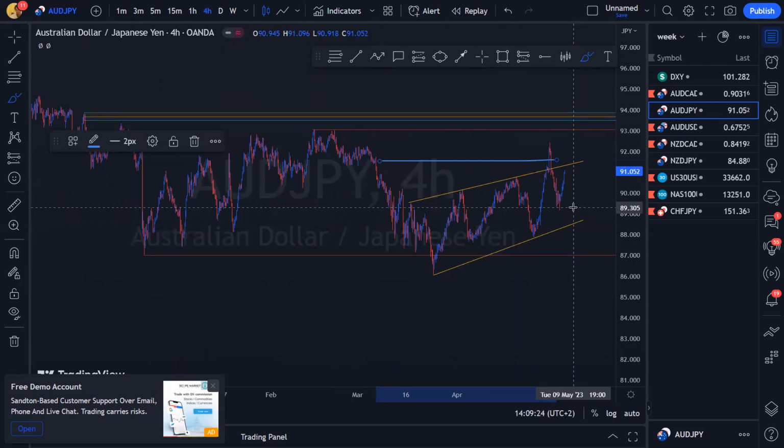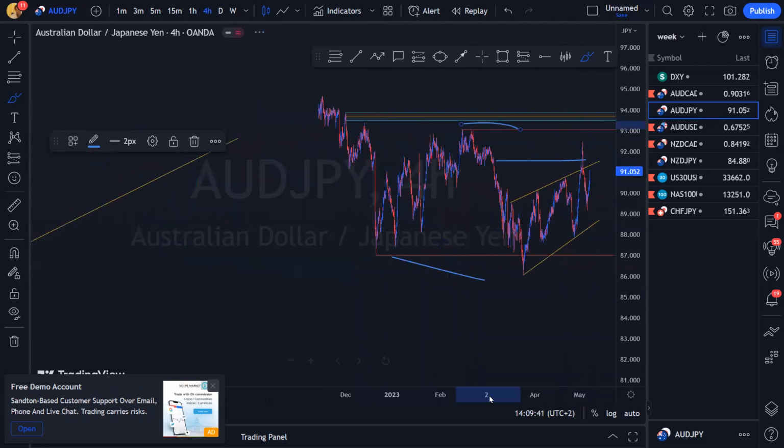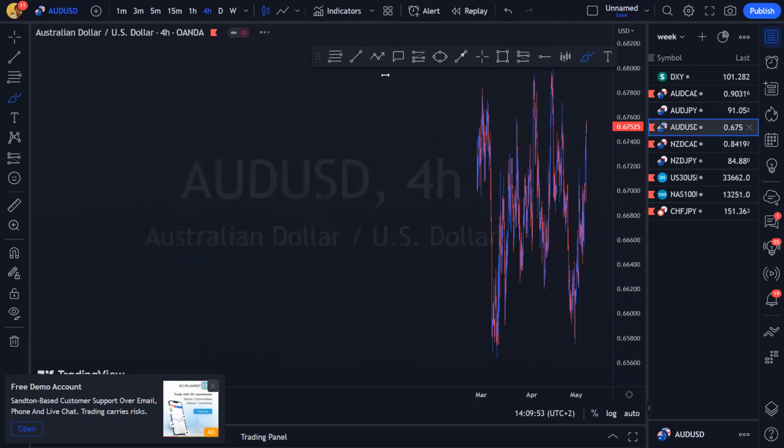So what we're going to be doing is I'm going to be staying out of AJ, obviously, because we violated our POI. We see that there's a lot of momentum. And aside from all of this momentum, we're stuck inside of a higher time frame range. There's the low, there's the high. We're stuck inside, somewhere in the middle. And because there's so much volatility and we're in the middle, I'm going to be choosing to just stay out until a clear structure presents itself. And obviously, once there's a clear structure, there's better probabilities, then all systems go, we start trading again. But otherwise, let's just go on to AU and we'll see what's going on in AU.